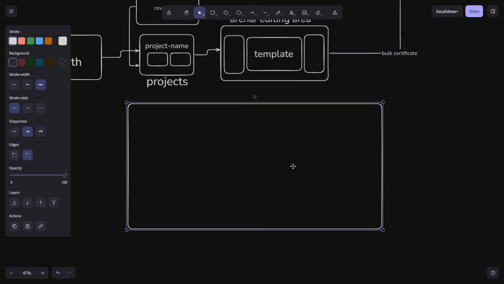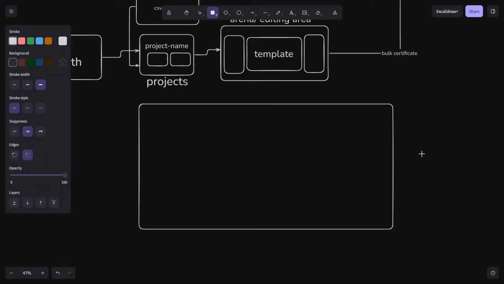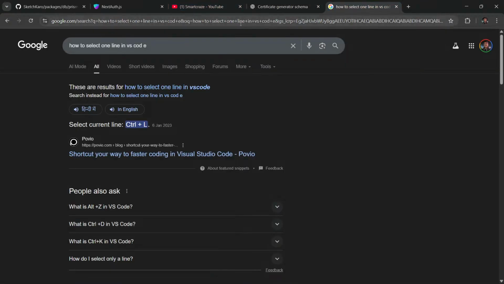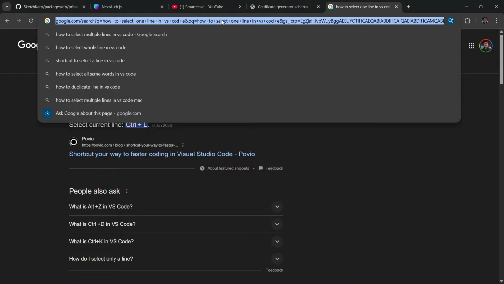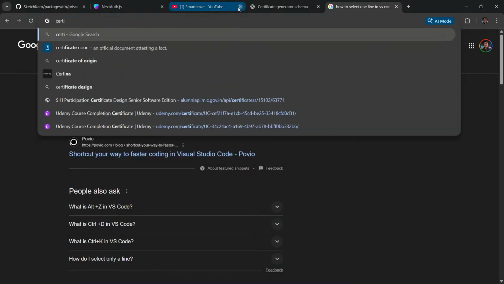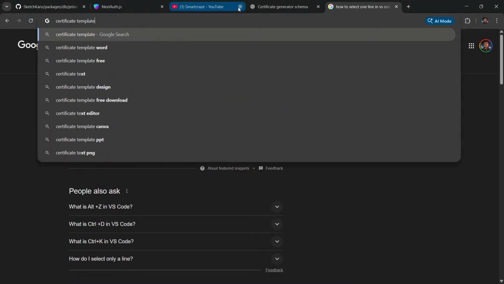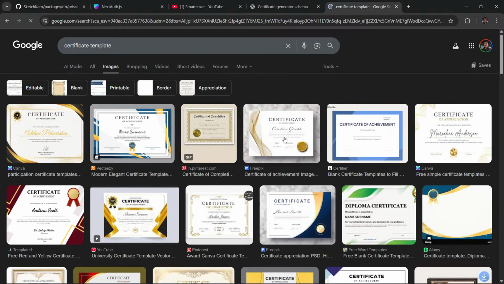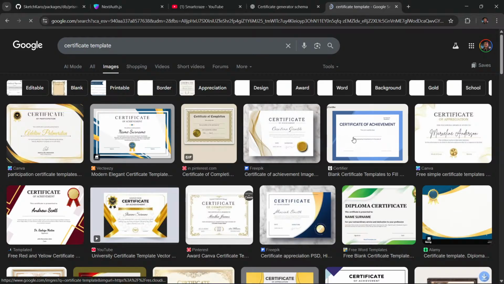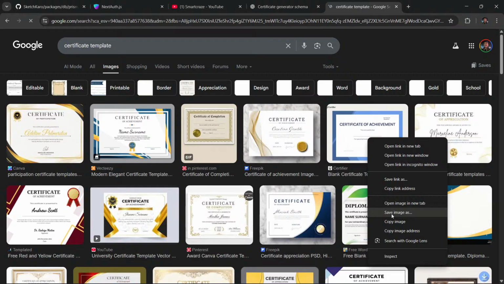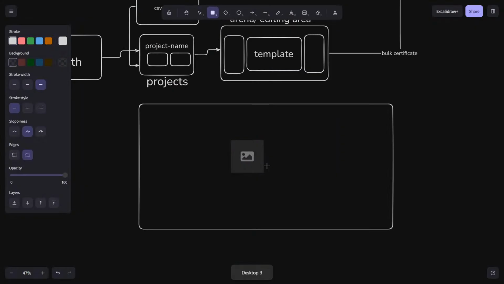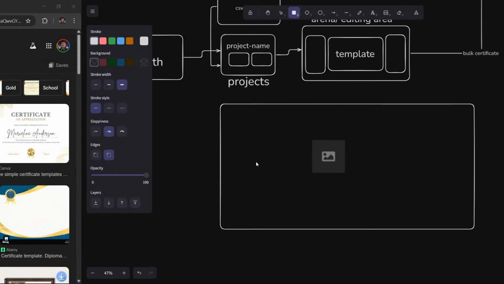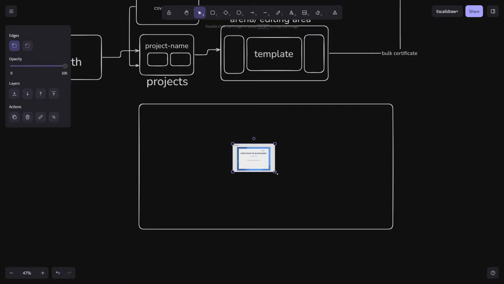This will be the arena, and inside that, for example, let me go ahead, image section. Okay, so now the thing is that